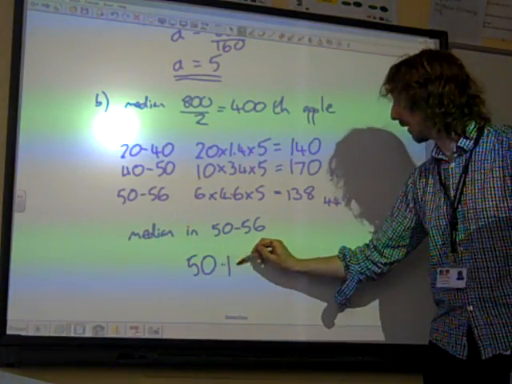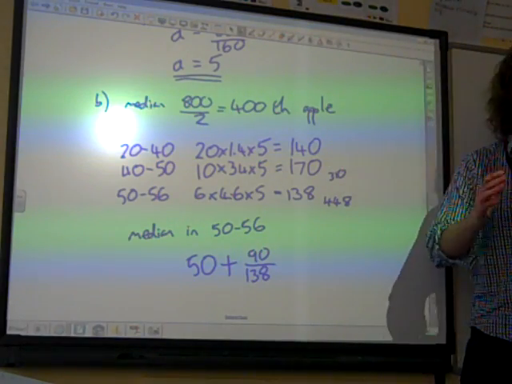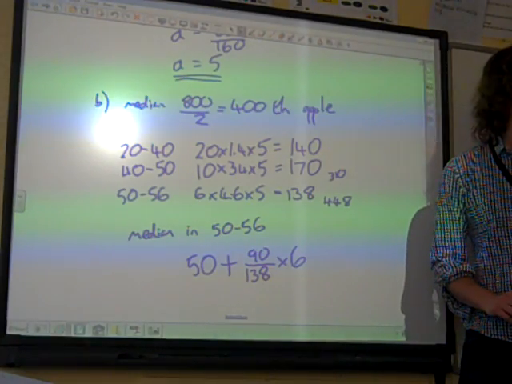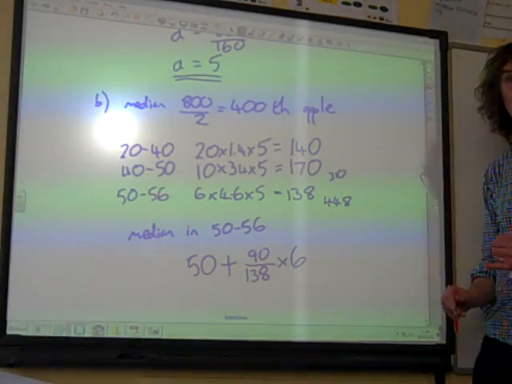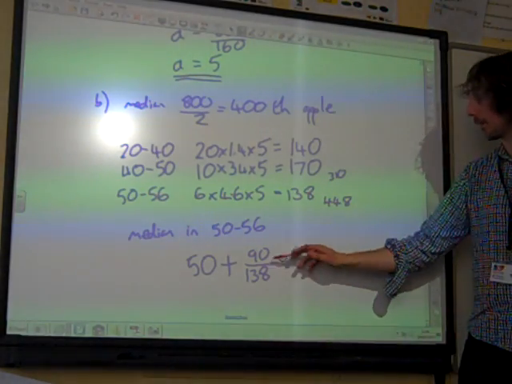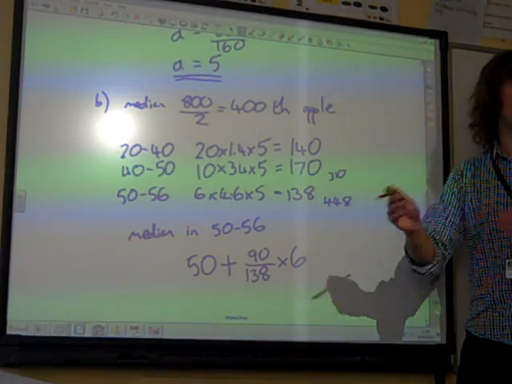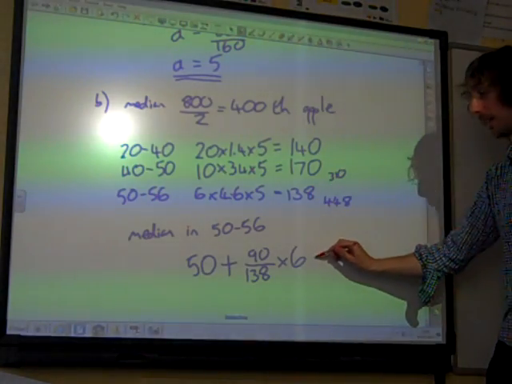We then want 90 138ths of the 6 that is the width of the class. And that will give us the point where the 400th apple is. Does that make sense? It's that the fraction of the class that we want is 90 138ths, and the width of the class was 6, so we want to go 90 138ths in that way. That gives you